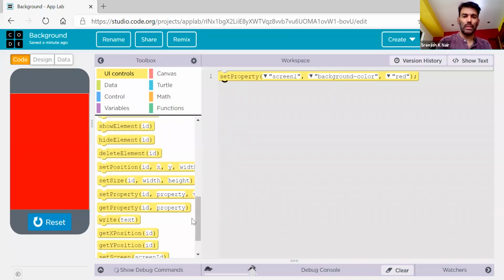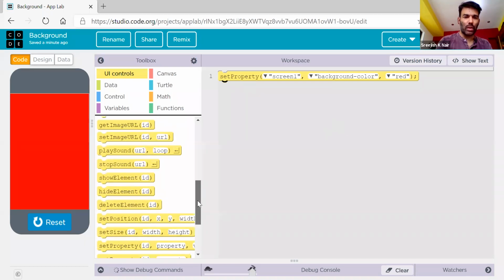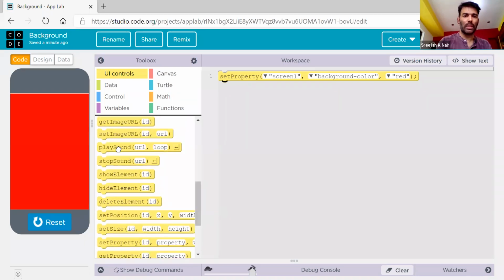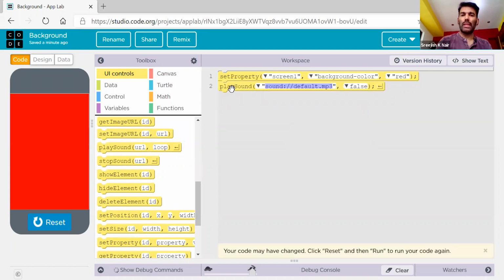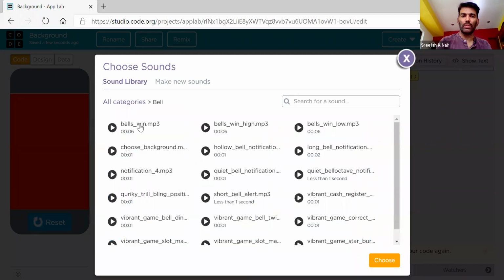Now let us use one more built-in function. We have a lot of functions here. For example, there is a function called play sound, right? So this is again a built-in function. So I want to select a sound. You have the option to choose. You have animal sounds, bell sounds, whatever you want, right?